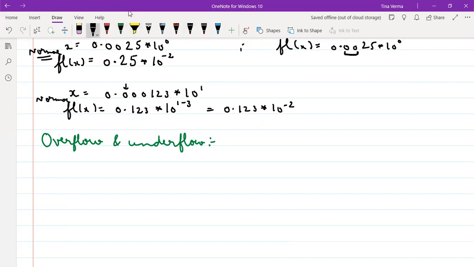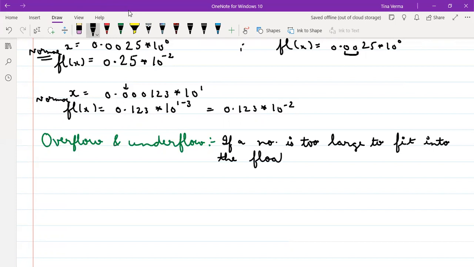So we can write like this: if a number is too large to fit into the floating point representation,